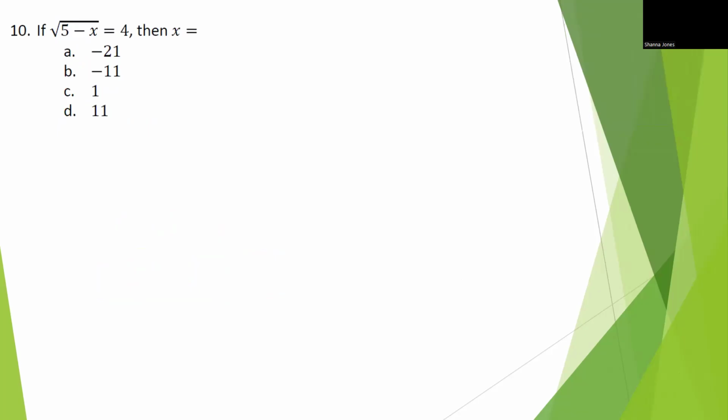10 is going back to Algebra 1, inverse operations. And what do we get? It's B. All right, let's talk about inverse operations. You have the square root of 5 minus x equals 4. What is the inverse operation of square root? Square. So to cancel it out, I square it. And what I do to one side, I have to do to the other. So now we're left with 5 minus x equals